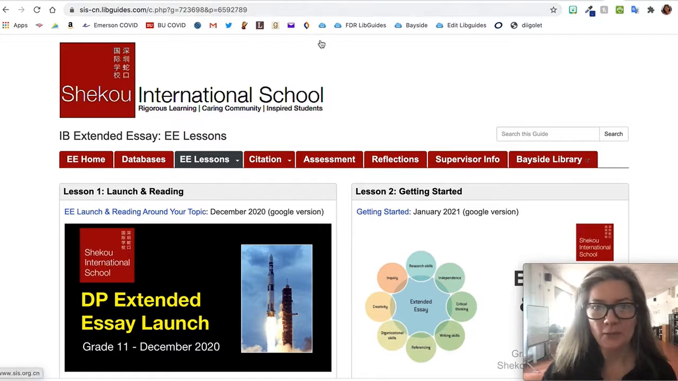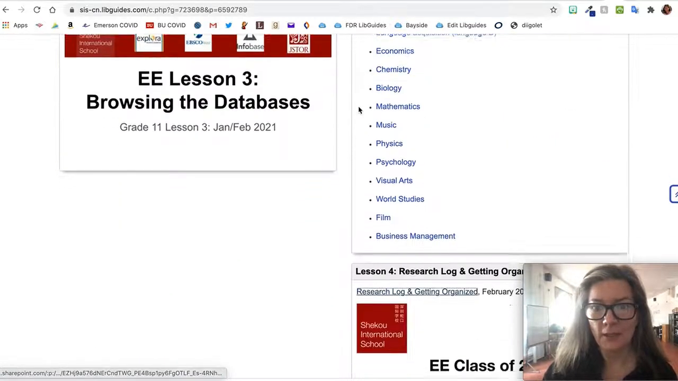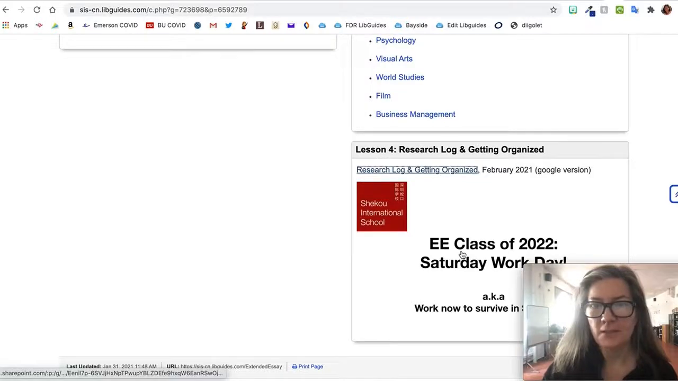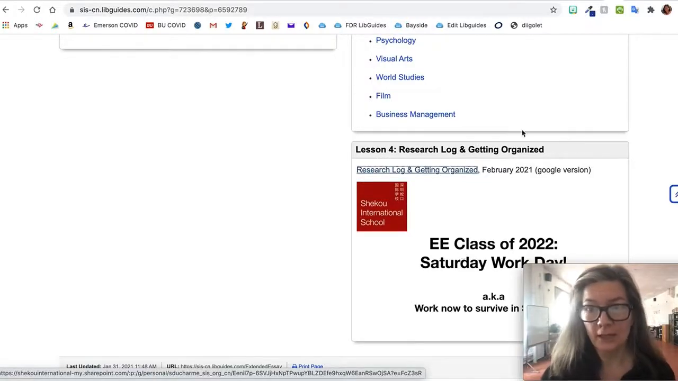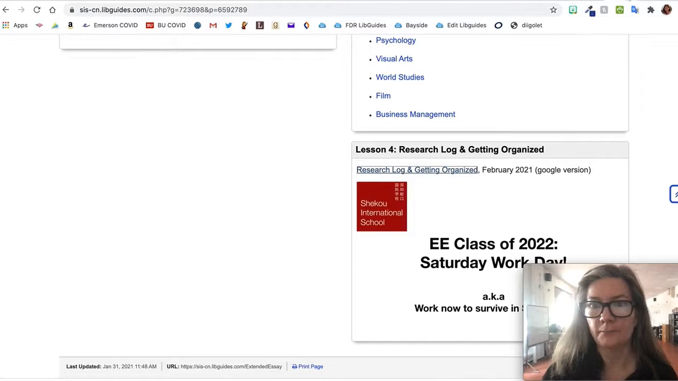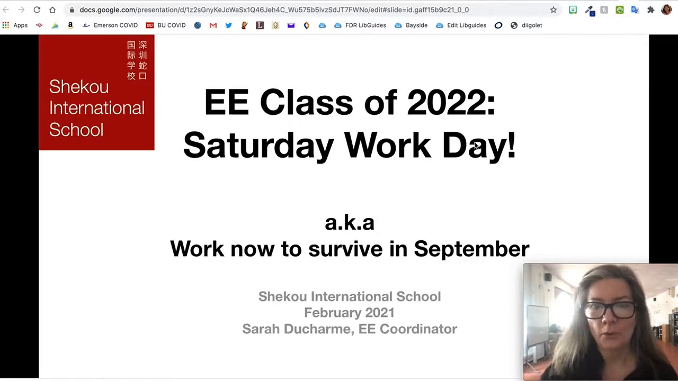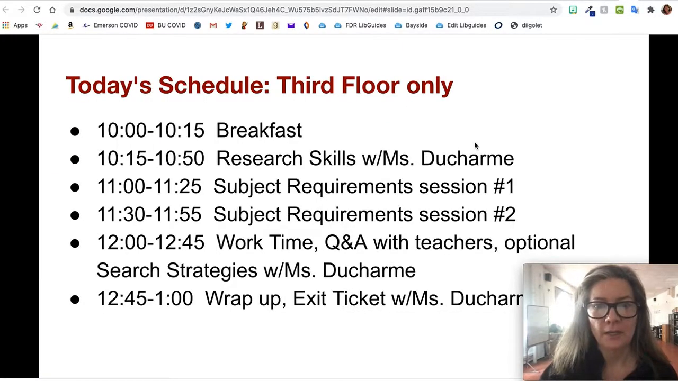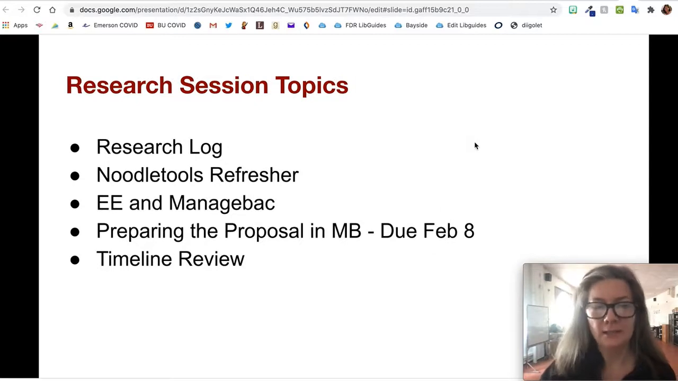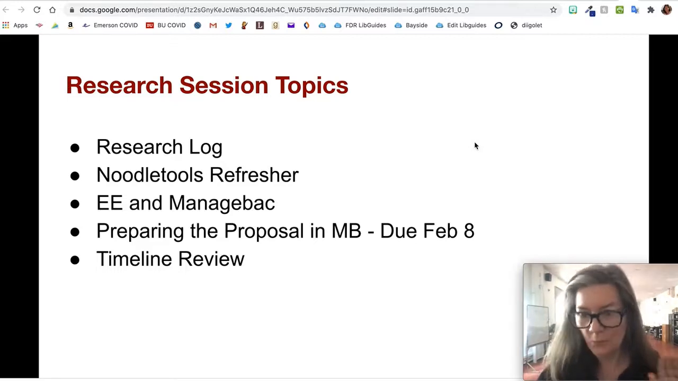Talk a little bit about how to get organized. We're on lesson 4, and this is all about creating a research log and getting organized with your work. So what we're talking about today is these things: research log, Noodle tools, how to use ManageBack, how to do your proposal, and what's due